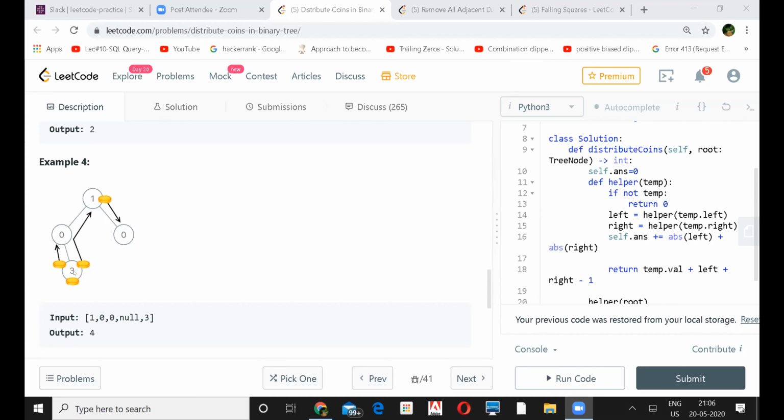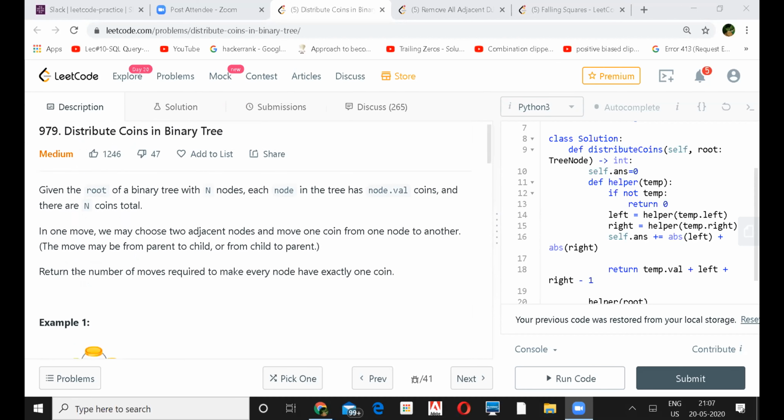But let's say you start from the root and you have extra coins on the bottom, then how will you distribute again? So it's better if you start from the bottom. So the bottom got satisfied, and now only the upper needs to be satisfied, right? So you are saying that you always go to the leaf node and then start counting from there, bottom up. But if you take example one, it is exactly the reverse. It starts from the root, right?